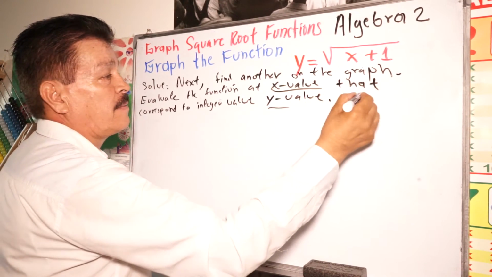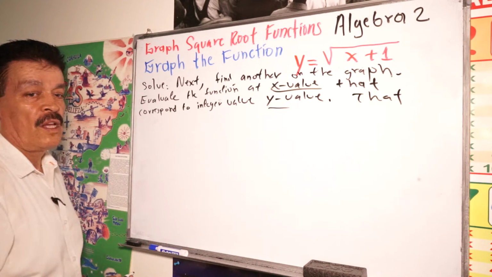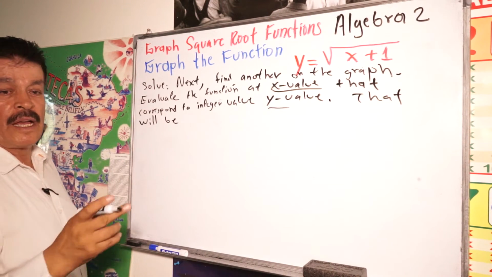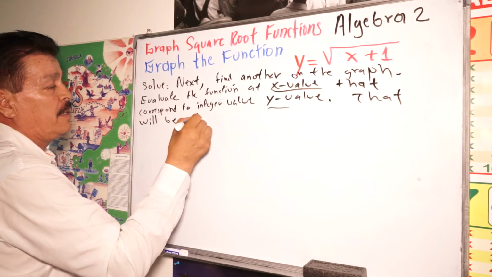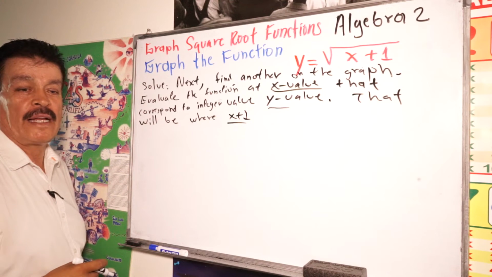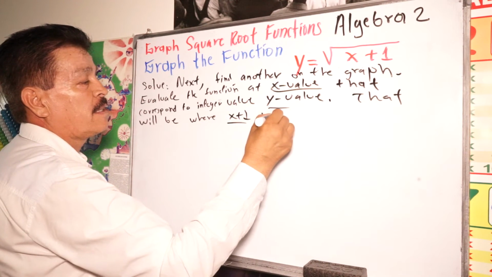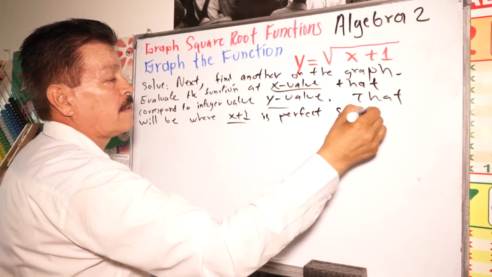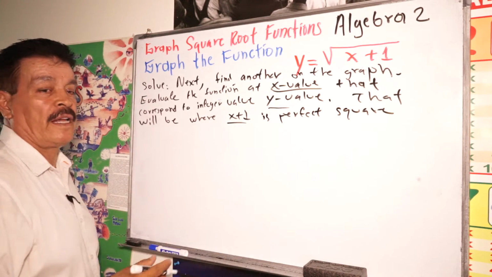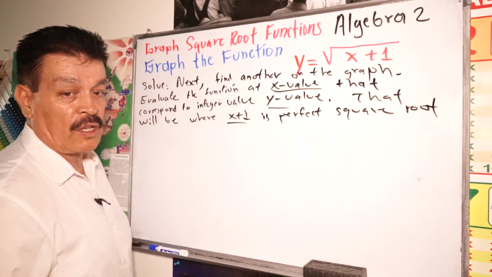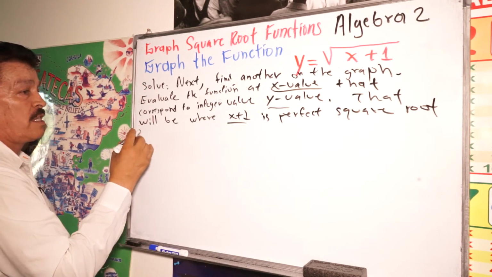That will be where x plus 1 is a perfect square. So it's a perfect square root. So the good choice